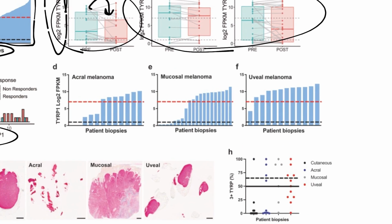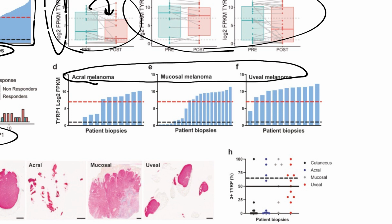Okay. They then further subdivided based on subtypes of melanoma. It's probably not a big deal to go into the details, but these are just 3 different subcategories of melanoma. And as you can see, some of them more so than others. Each bar is one patient, again, TYRP1 expression, and you see a decent number meet the threshold, more so in